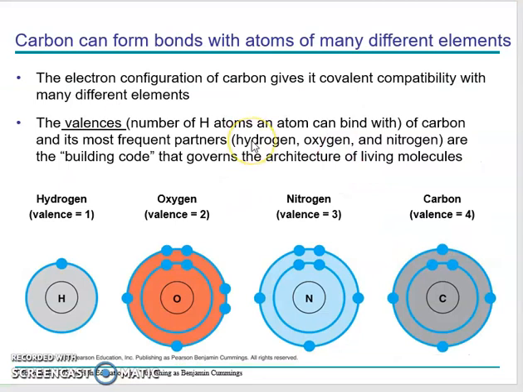So, as I said before, carbon can bond with atoms of a whole bunch of different elements, right? So here you can see, I'm going to start on the right. Carbon has 1, 2, 3, 4 electrons in its outer shell. Nitrogen has 5 in its outer shell, which means it can accept 3. That's where that number 3 comes from. Oxygen has 1, 2, 3, 4, 5, 6, which means that it can accept another 2. And hydrogen has a valence of 1. And keep in mind, we're talking about the first shell here, which can only accept 2 at most. So that's why its valence is 1. The valence means how much it can actually accept, right?